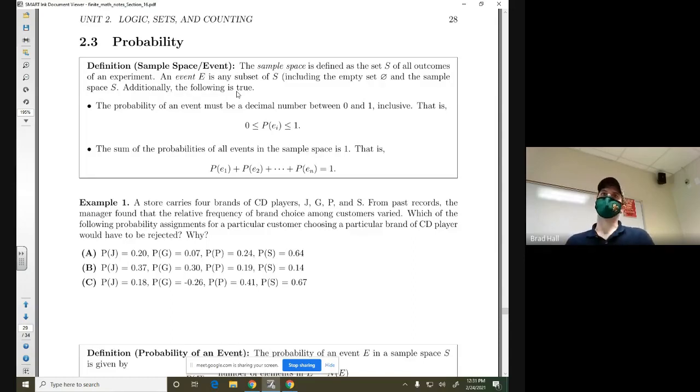But what we're going to do is look at ratios of things that we count. And these ratios will give us a probability. So this probability, in other words, is the likelihood of something happening out of the total number of occurrences. And so you're going to see a lot of resemblance between this section and the last section. But just to discuss some of the terminology,